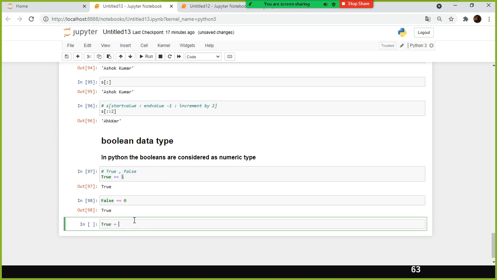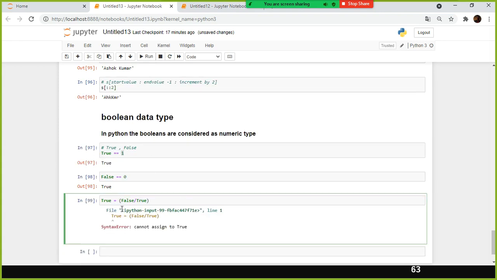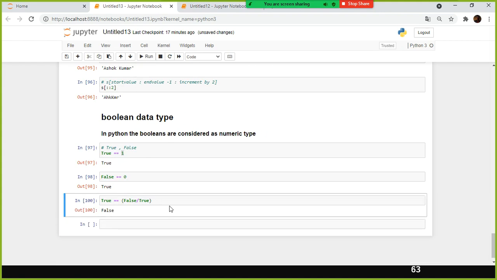Supposing I say True is equivalent to False divided by True, will it work? We will see what happens. Sorry, here it is a comparison operator, I am not supposed to assign the value. False is 0, and 0 divided by any value is 0, right? Hence it is false.